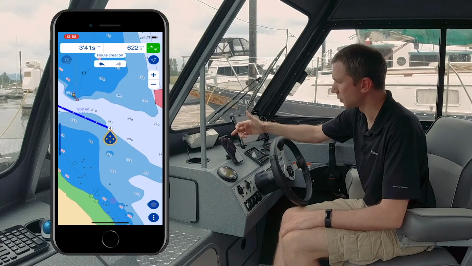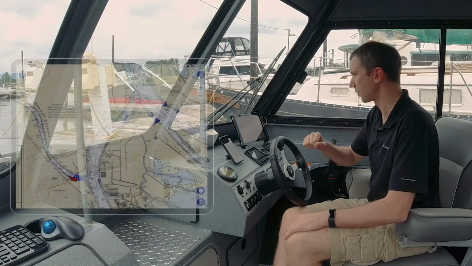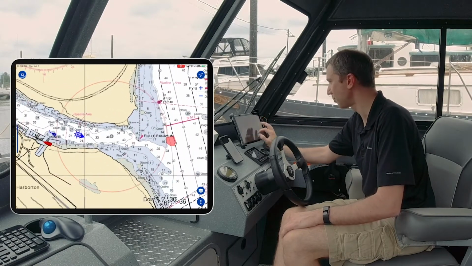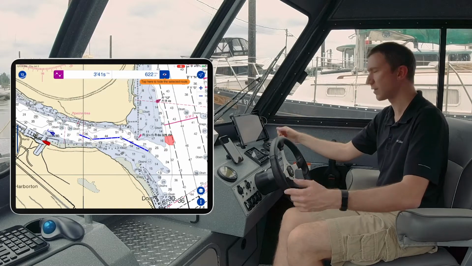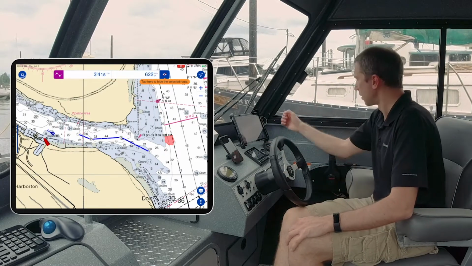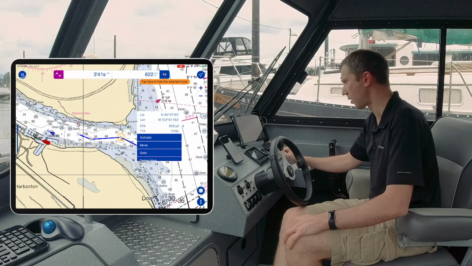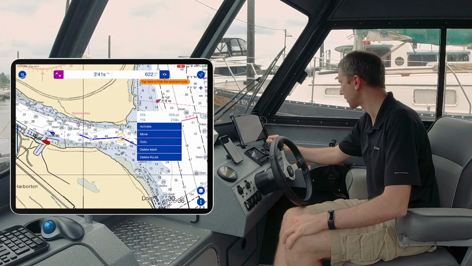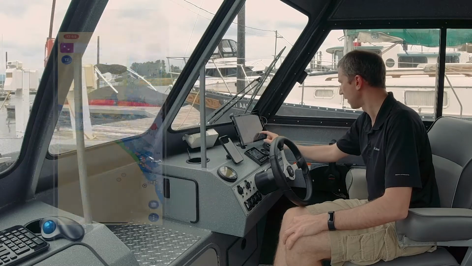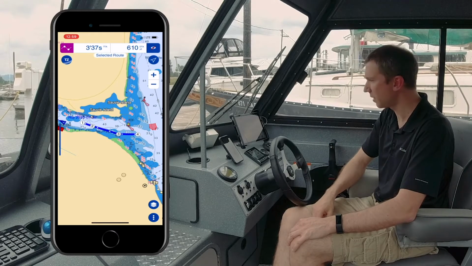When you're done, you can click on the top right on the green button to validate your route. And this is how I created the route. And you maybe have already noticed that there is a new route icon that just appeared on my iPad. And if I tap on it to expand the route, the exact same route I just created is available on my iPad. So here I can, for example, edit that route. Let's do it from the iPad. I'm going to tap on a waypoint. I'm going to select Move, and I'm just going to drag that waypoint a little bit here, okay? And I'm going to tap to validate, and automatically the same route was updated on my phone.